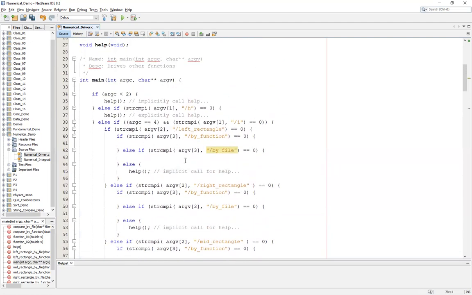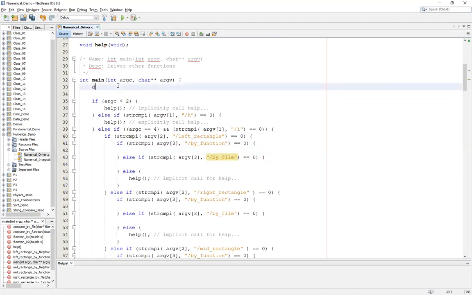Now, we want to dig in a little deeper into one of our nested if statements. Particularly, we're going to start off with the /i, /rectangle, and /by function. And we want to leverage the fact that each one of our functions is already set up, meaning that it returns a double. Now, it might not be a useful value, but it does return a double. And more importantly, they already have a printf statement inside mentioning the name of the function that is being called. So we want to go ahead and create a variable called results in